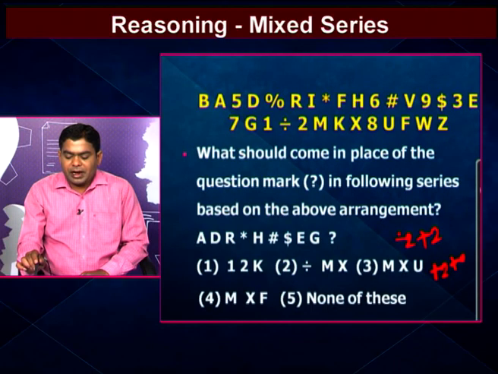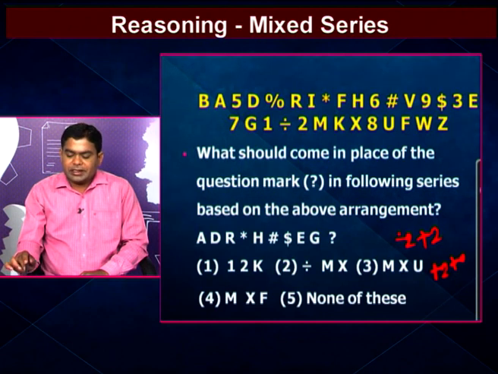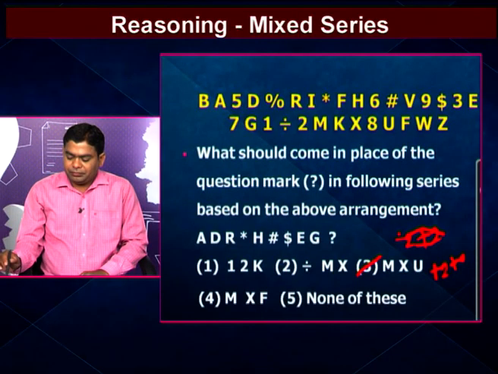After that we count the M. Here M is there. This M is also followed plus 2. Then we get the X. Again this X is followed by the second element, that one is U. So according to our question paper, which one is followed? Answer is M, X, U. So here M is followed by second element X, X is followed by U. So by observation, the third option is the correct answer.